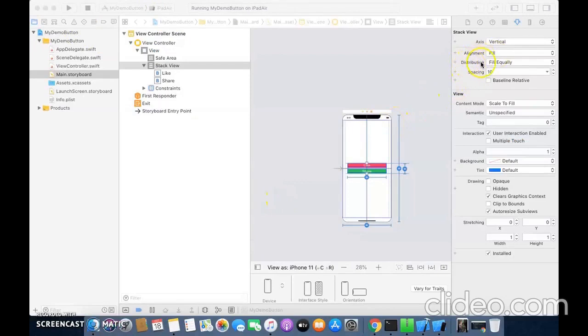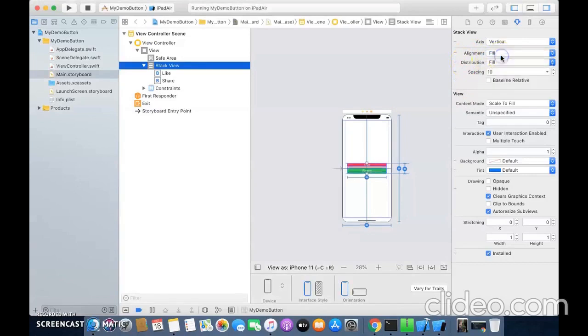Now let us check the distribution. Before going to the distribution, we have an alignment, but we will start with the distribution first. Distribution, it is written fill equally. We will select fill and you can see an error over here. If we select fill proportionally, the error is gone.